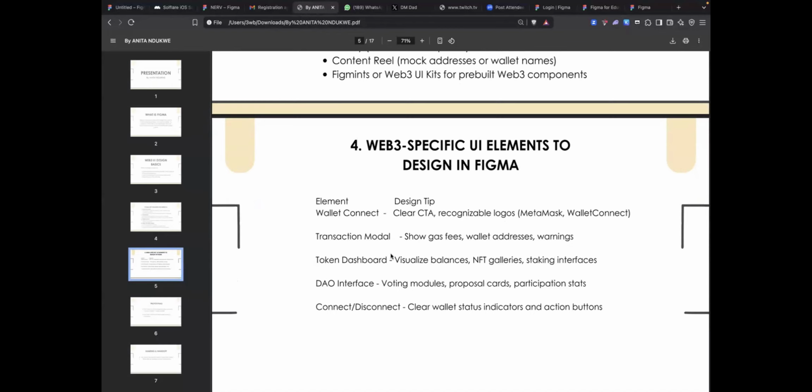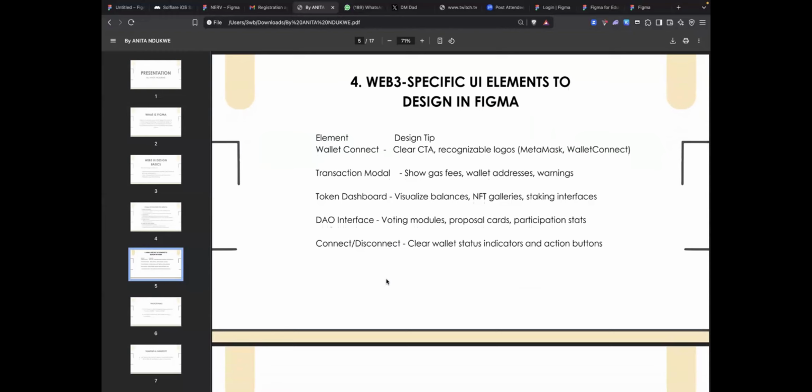I don't know if anyone has participated in DAO voting here. You see how the cards look if you have participated in voting in DAOs. Also, for Web3 specific UI elements, you have connect and disconnect, clear wallet status indicators and actions. These are, oh, if you want to connect to this wallet, or if you are disconnecting from this wallet.